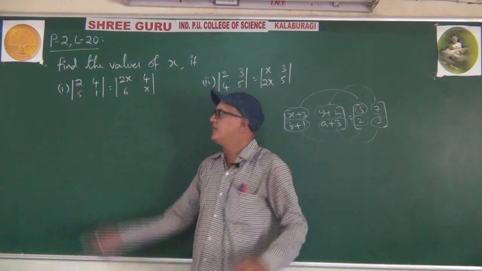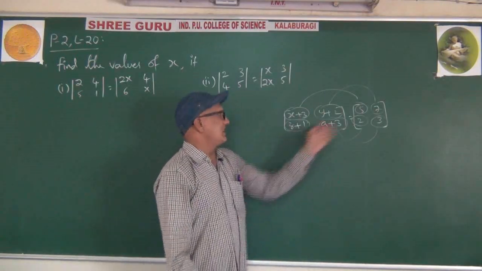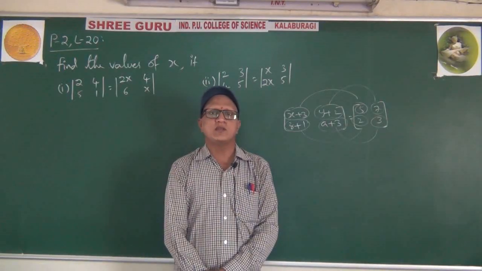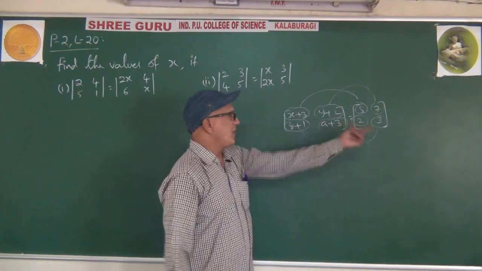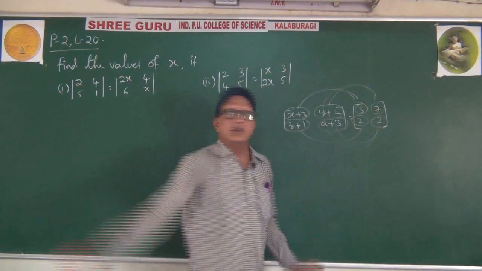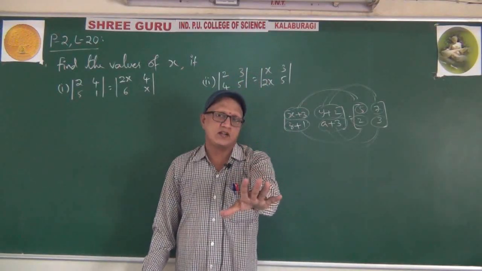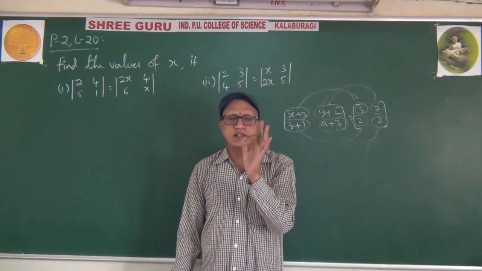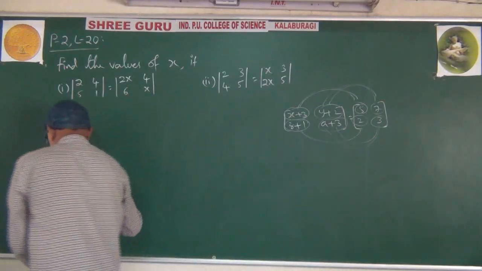A very simple trick is there. Determinant means expansion. We can expand a determinant. A matrix, expand this matrix? There is no expansion for a matrix. Expansion is there for determinants but not for a matrix. For a matrix we can equate. For a determinant, expansion is there, so definitely we have to expand. By using this trick, you can remember easily. Okay? So expand this one.